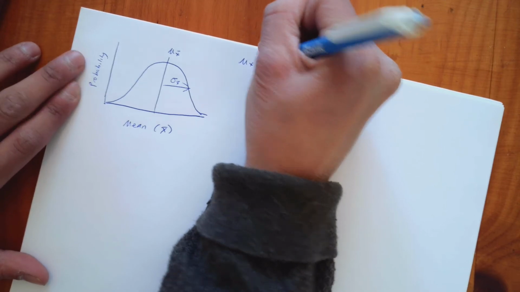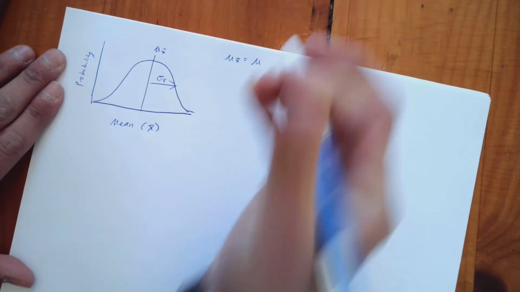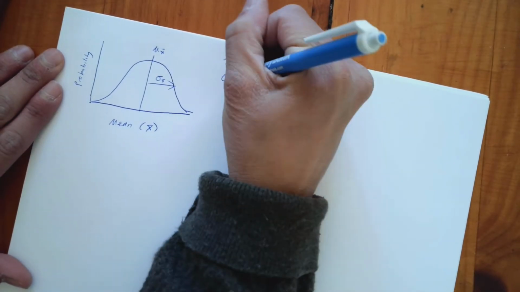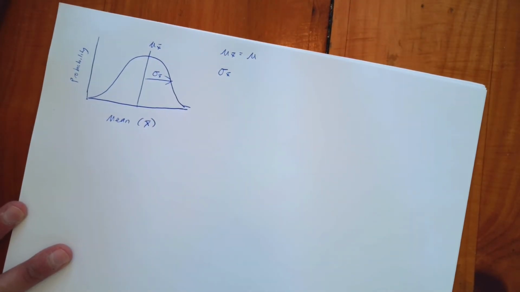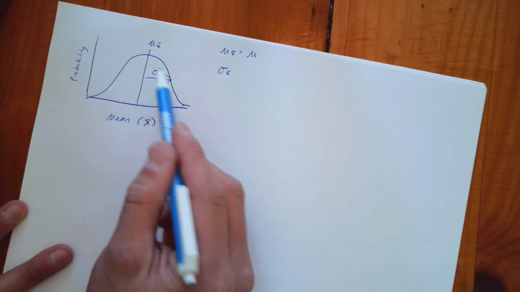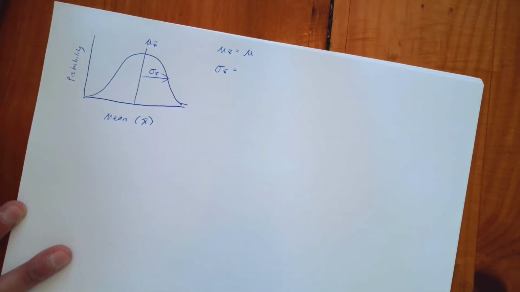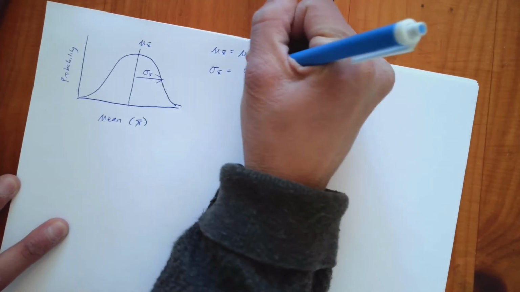The overall mean for our sampling distribution is equal to the mean for a variable, whatever it might be. The standard error for our sampling distribution here, aka its standard deviation, is going to be found using the standard error formula. I know you've all been on the edge of your seats waiting for this, but it looks like this,